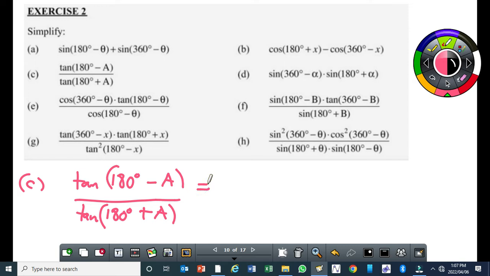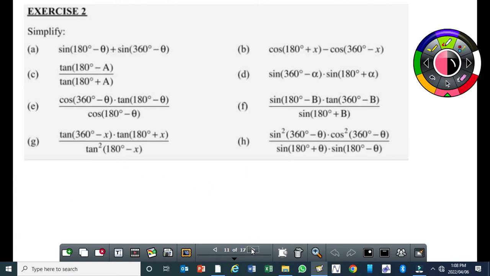So if A is acute, 180 minus an acute angle will give you an obtuse angle. Right? And that obtuse angle obviously will be in the second quadrant. In the second quadrant, tan is negative. So this will become minus tan A over, now 180 plus A, if A is acute, add it to 180 to get an angle in the third quadrant. In the third quadrant, tan is positive. So the answer there will be negative. Are you following what I'm doing? Right? Then